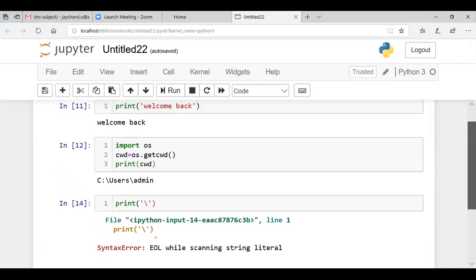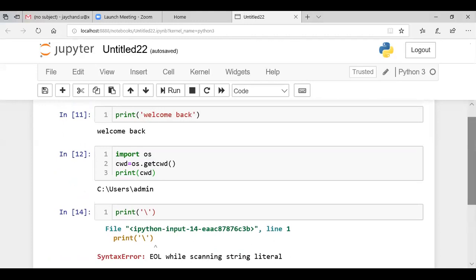So I start again. Students, today we are going to complete file processing, and also we will learn how to know the working directory where we are. For that we will import os, and we have the inbuilt method getcwd, which means get current working directory. I want to know the path, therefore I stored it in the variable cwd and printed it. So I got this.